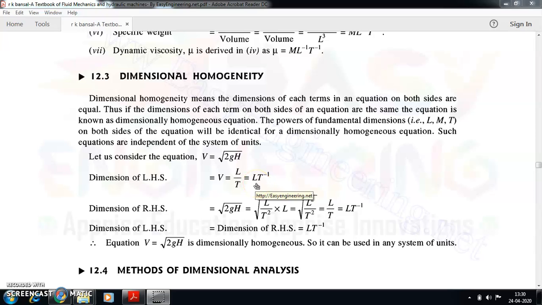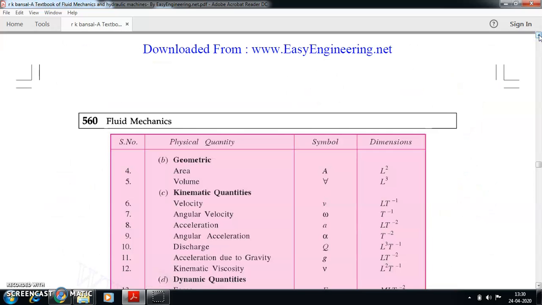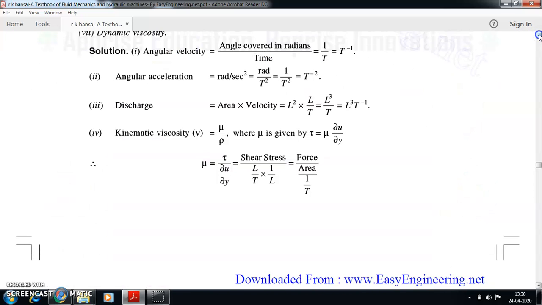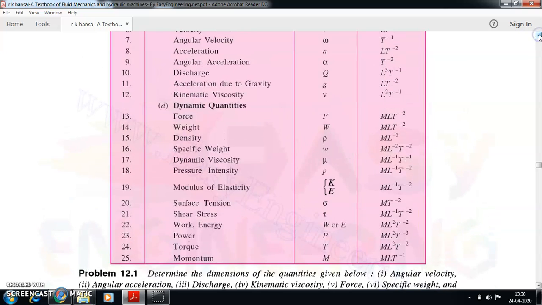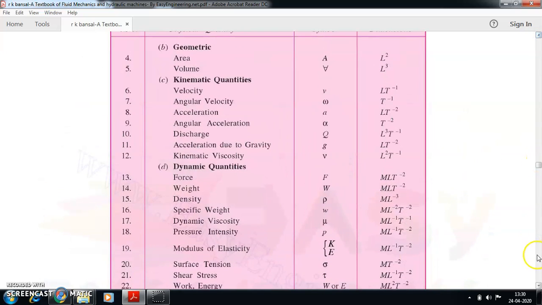Hello students, we will continue with module 4, dimensional analysis. In the previous video we saw the introduction to dimensional analysis and what the fundamental quantities and derived quantities are. I asked you to write down that particular table with so many derived quantities and learn the dimensions of all of them, which I am showing you in this particular table. This particular table is very important.